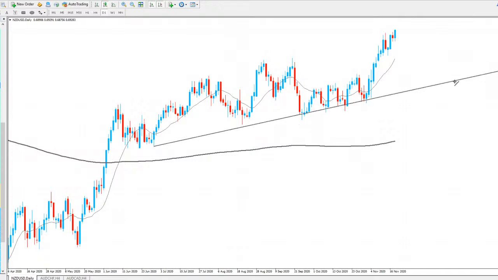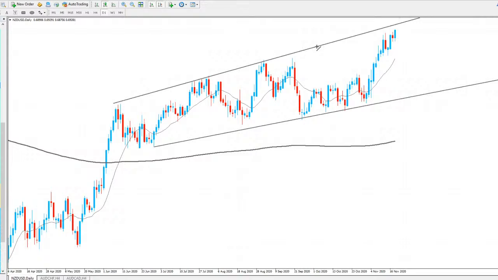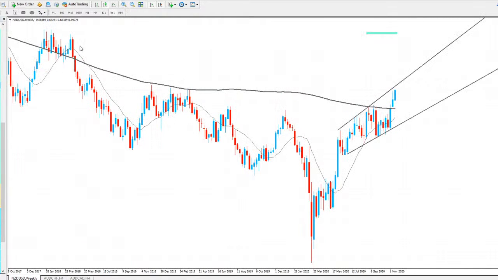Again, we do have this channel running through the market if we connect the lows and connect the highs of price. So again, I did say price hasn't quite tested the trend line yet, so there's still technically room for price to move to the upside. We've got the trend line not too far away, and if we go on the weekly, we actually come up to